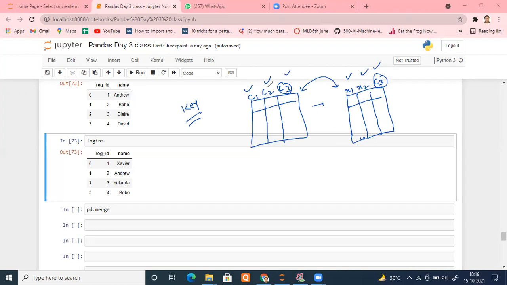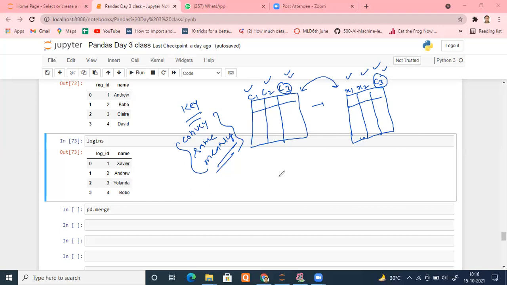So you have to search for a key column in this table and a key column in this different table, which should be linked. And what is the property of the key column? First, they should convey the same meaning. They should convey exactly the same meaning.